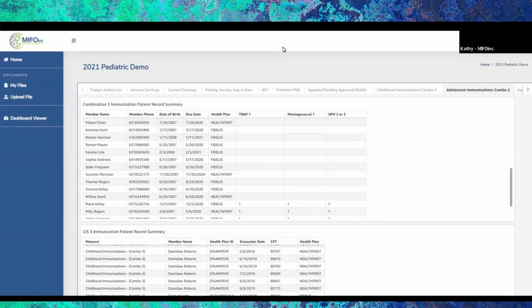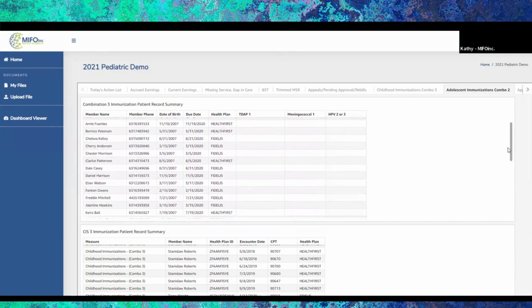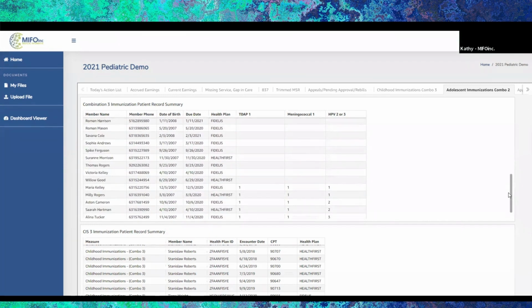I'd like to go over the adolescent immunization dashboard. In this dashboard, we take all of your members who fall into the cohort of adolescent immunizations. We track for each immunization required the number of members that fall into that category, and pull in historical data as well as current data to determine where they are as far as their status of being vaccinated for each